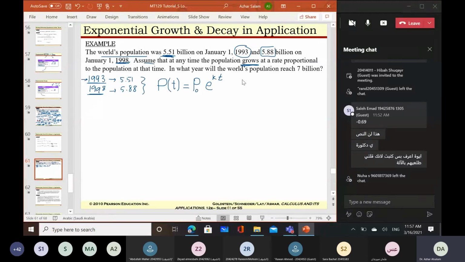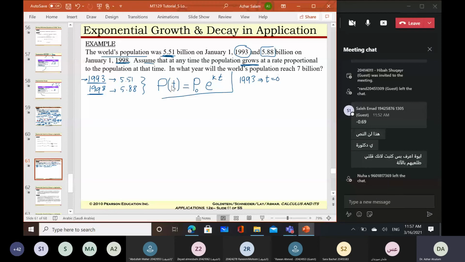I can here take that at this year, 1993, I will take this time to be equal to 0. Okay, this is the first year the census started, so I will consider the time equal to zero, year number zero. Okay, I will take it as an initial value. Initial means the starting value, the first time point I started with. Okay, as an initial quantity or initial value. So